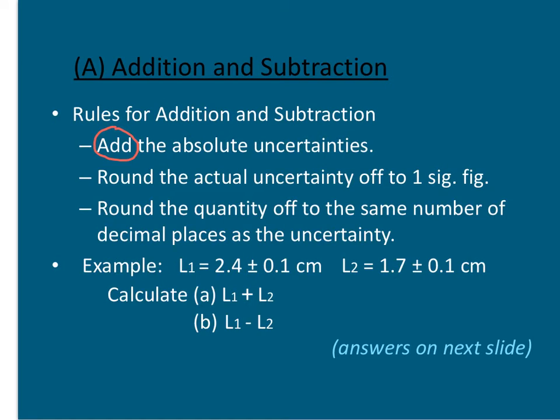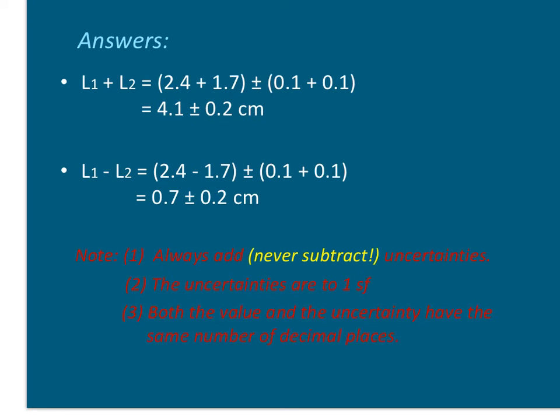Here is the example. We have one quantity L1 equal to 2.4 plus or minus 0.1 centimeters. L2 is equal to 1.7 plus or minus 0.1 centimeters. Calculate A, L1 plus L2, B, L1 minus L2. Answers on next page. Answers: